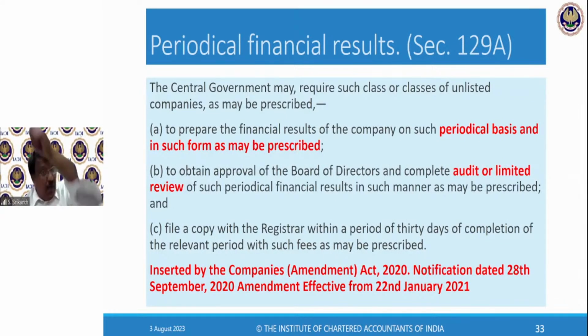For a listed company, you have to comply with the SEBI regulations, the Securities and Exchange Board of India regulations. SEBI has already prescribed quarterly accounts, quarterly review, limited review, and submission of quarterly financial statements, QFS. But for unlisted companies, MCA may provide, but as of now, they have not. They have given themselves the power, but they have not.